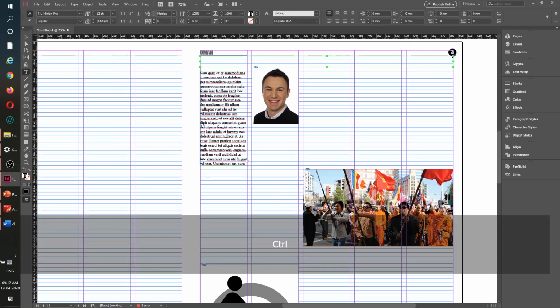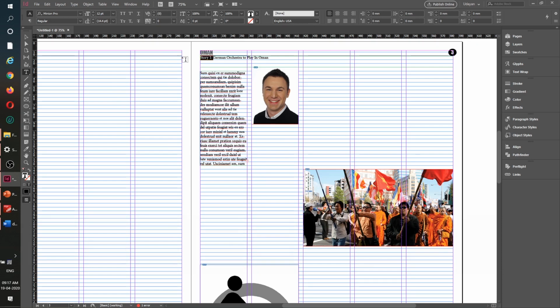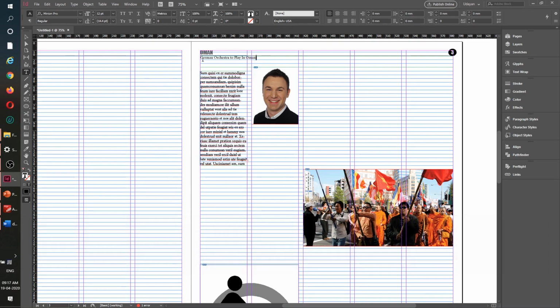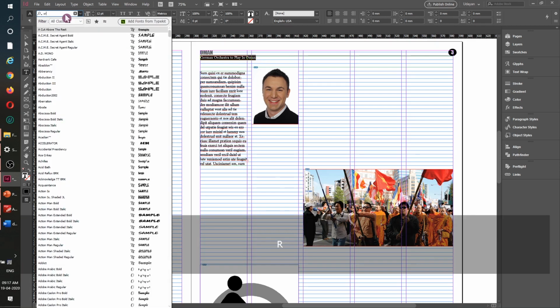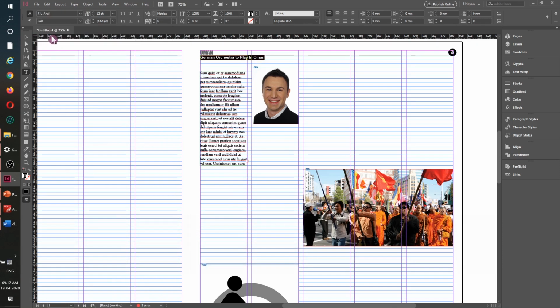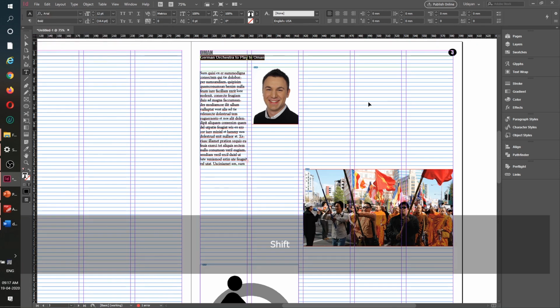And I'll place it there, Control V, and I will take this section out which is not necessary, and this one, it's a headline, so I will try to make it in sans serif font, so say Arial. I would like to make it Arial bold and then try to increase its size, so Control Shift and